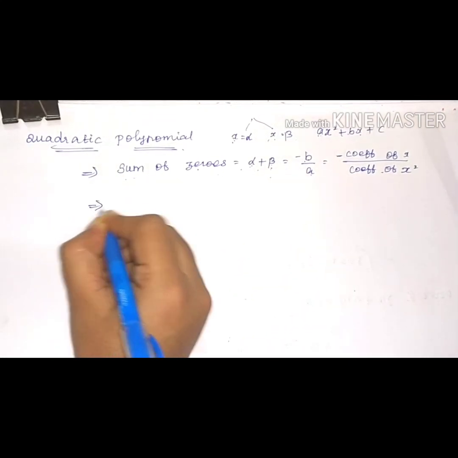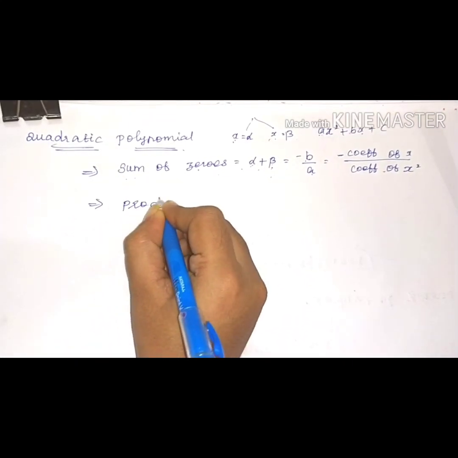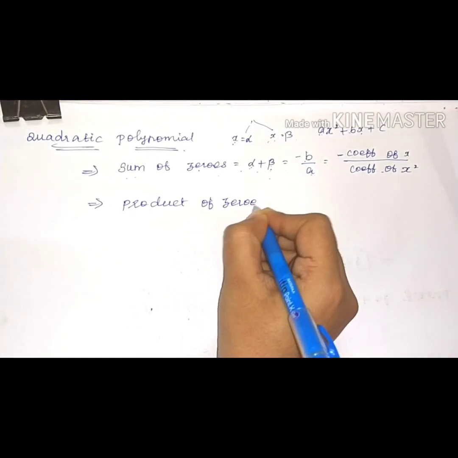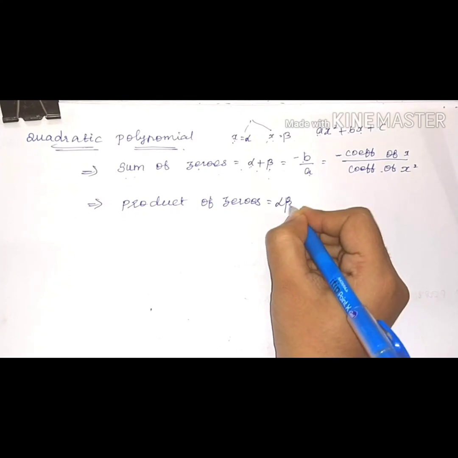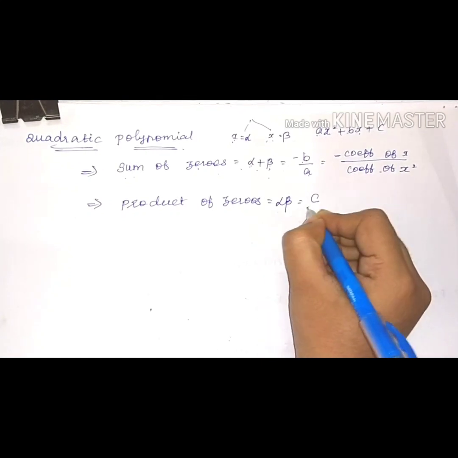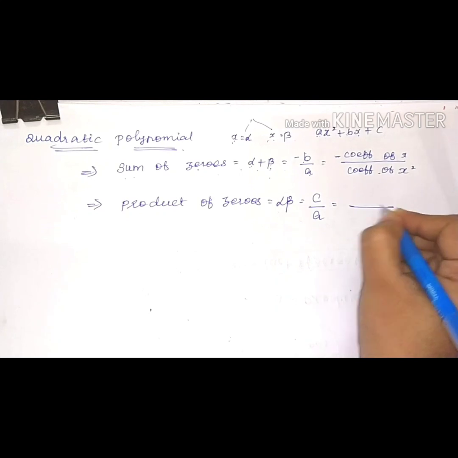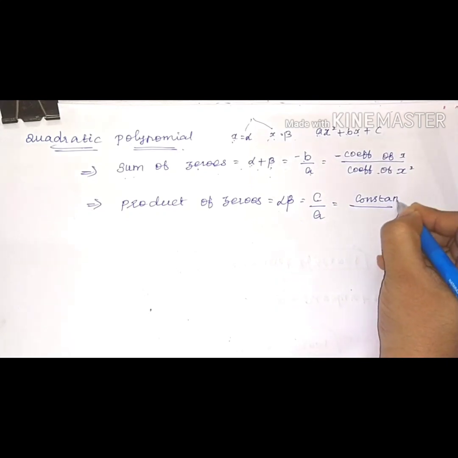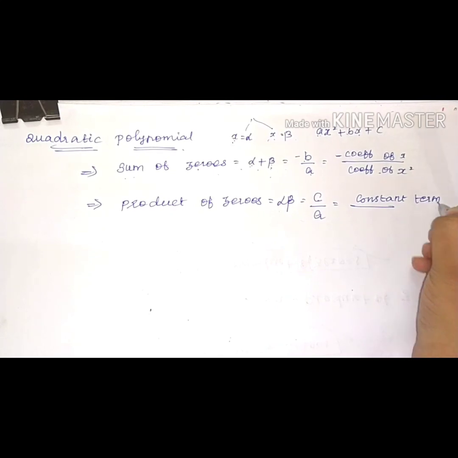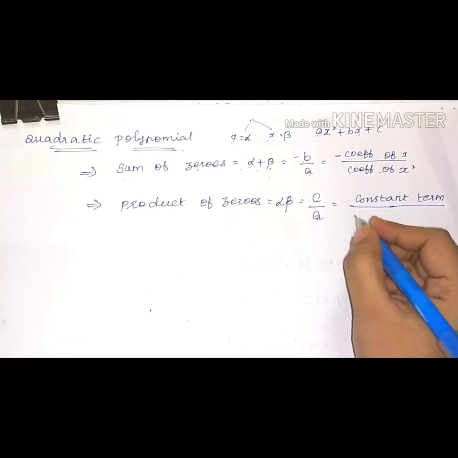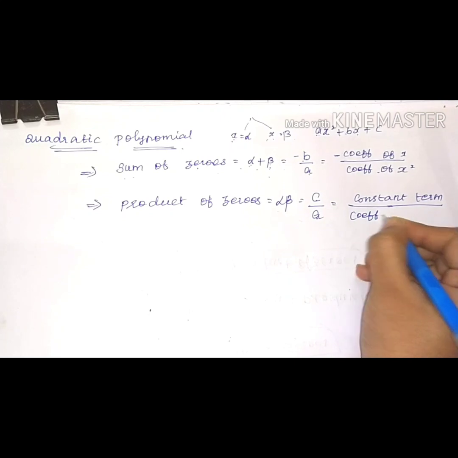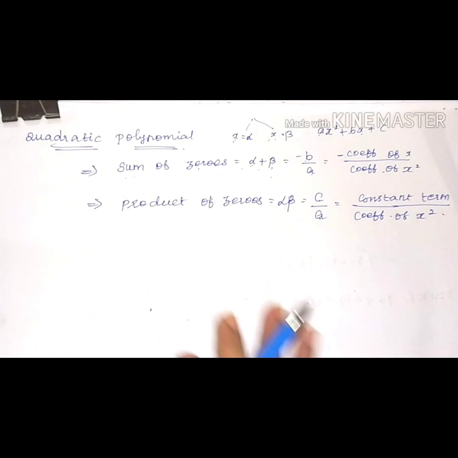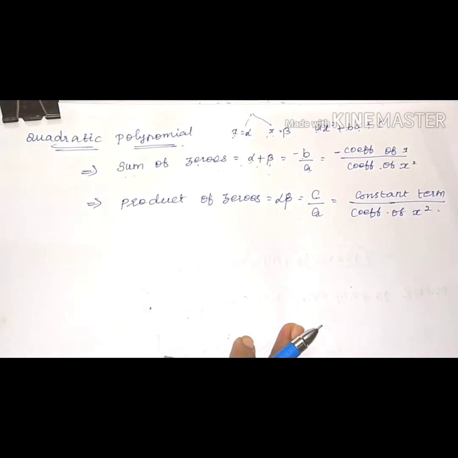The second one is product of zeros. Now both zero values you have to multiply. So alpha into beta. The formula is c by a. What is c? Constant term. The denominator a means what? Coefficient of x square. Do you understand well? Quadratic polynomial. Similarly, we can find the relationship